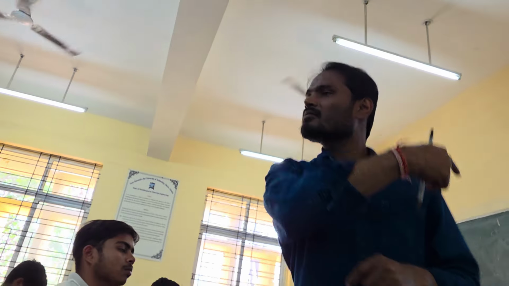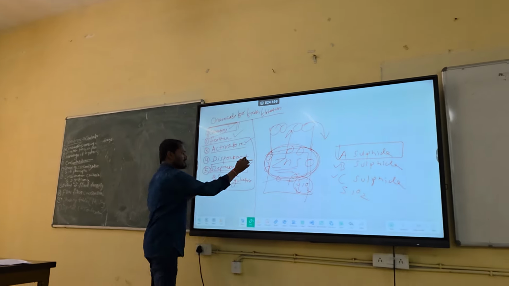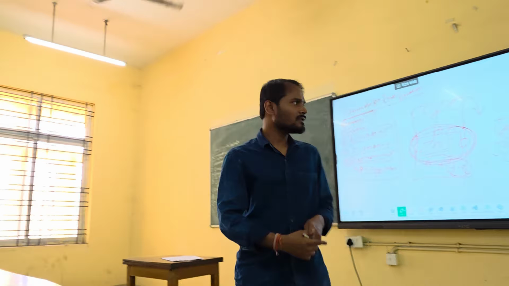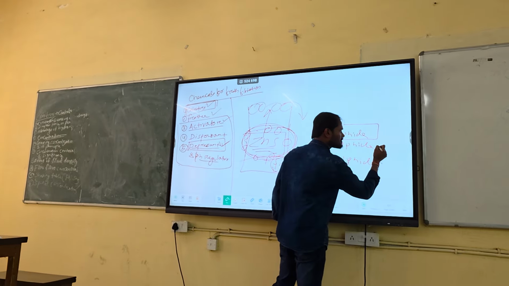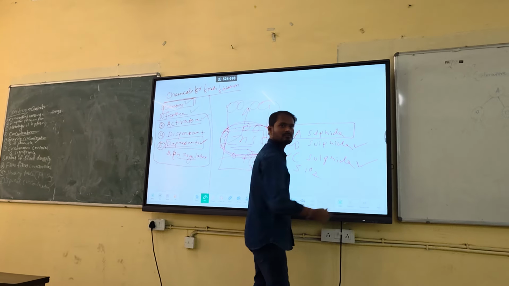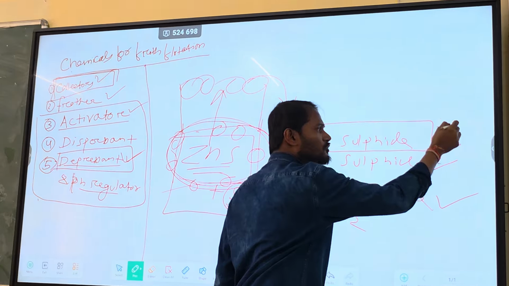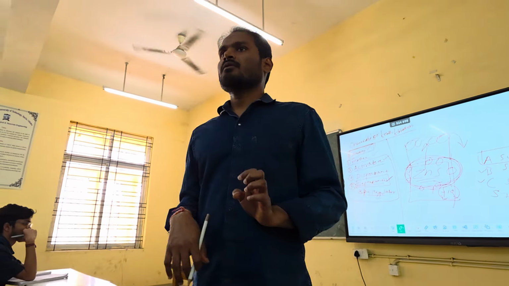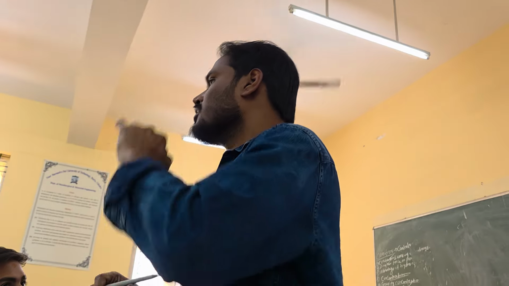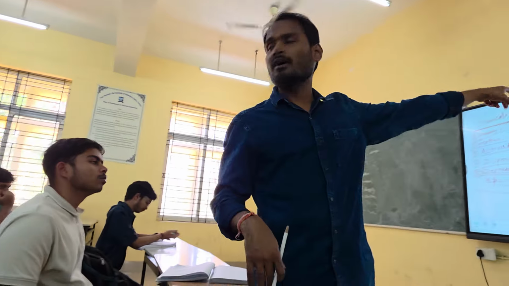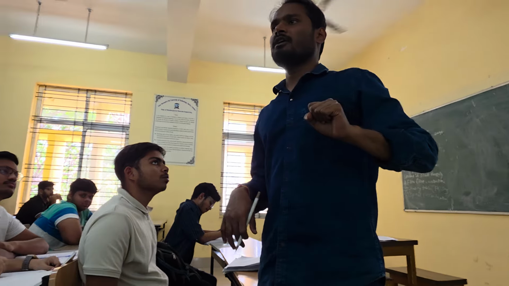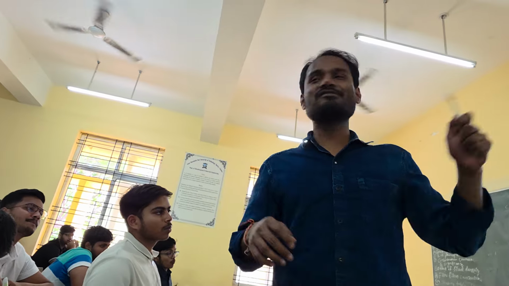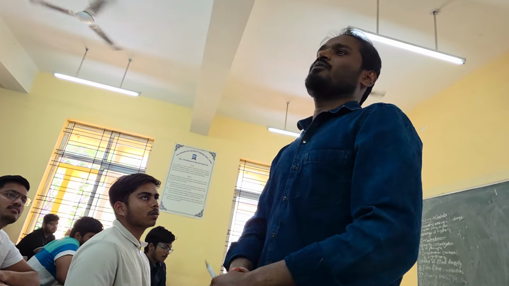So in that case, this will play an important role: the depressant. So what will happen? You first add a depressant. The depressant will come and attach to B, and it will attach to C, but it will not attach to your main sulfide A, specifically, selectively. So depressants are those chemicals which attach to the other sulfides here, but not your main sulfide A. So what will happen? B and C will automatically settle down.